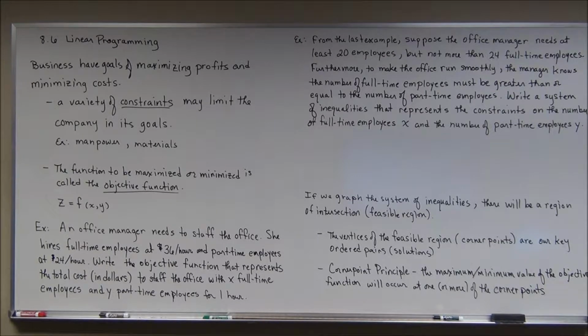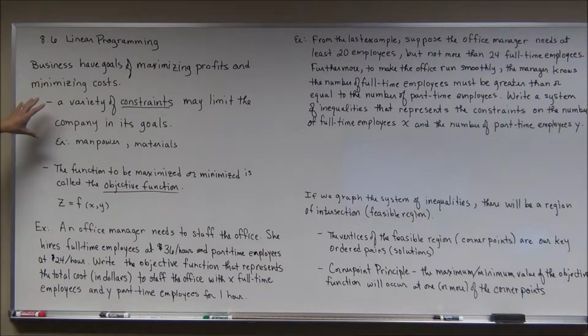And what we're going to start with is the idea of what's called an objective function. The objective function typically will be something that we're trying to maximize or something that we're trying to minimize. And notice here the notation I've written, z is equal to f of x y, indicating that x and y are your independent variables and z is your dependent variable. So this is something we're going to want to be able to interpret from a problem, be able to read the problem and come up with an objective function. We're also going to want to be able to determine the constraints, which, as this chapter might imply, has to do with